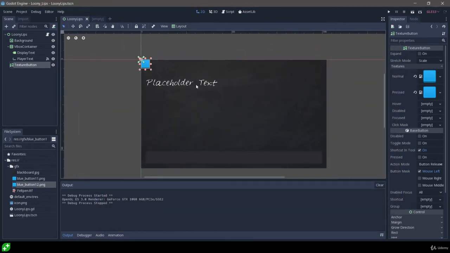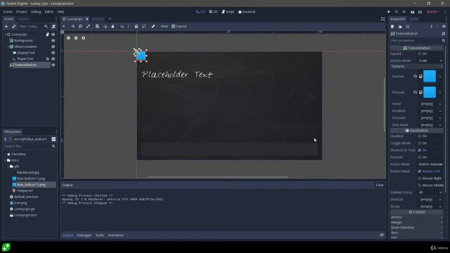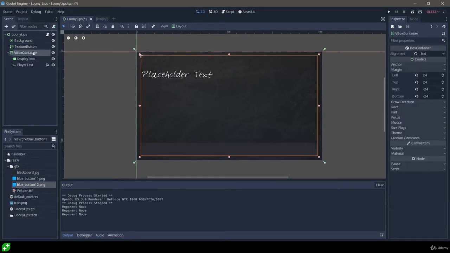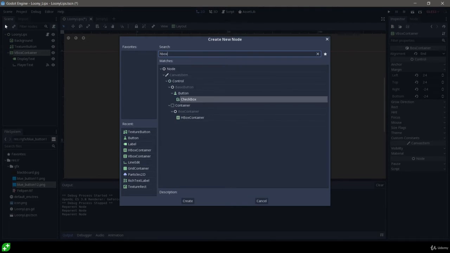Well, before that, let's put it in the right place. I want it down here, and I want it to organize neatly. If I just put it into the VBox container, it's going to be vertically sorted, and I can put it down here, but that's not what I want. So I'm going to move it out of the VBox container, and within the VBox container, I'm going to add a new type of container. I'm going to add an HBox container, a horizontal box container. So let's do that, an HBox container,